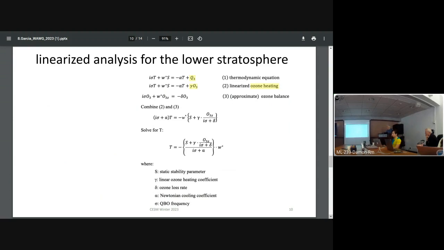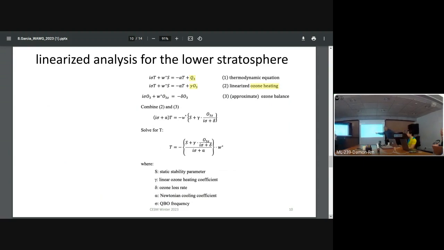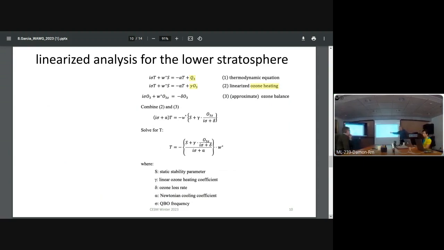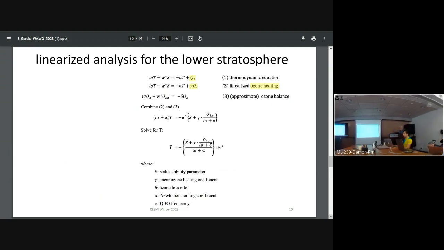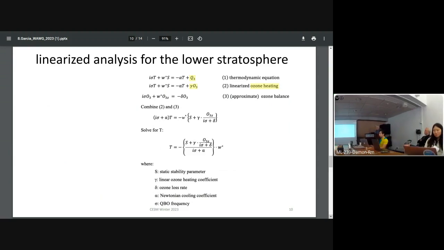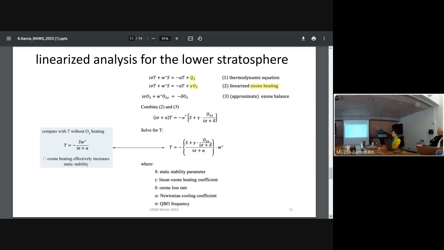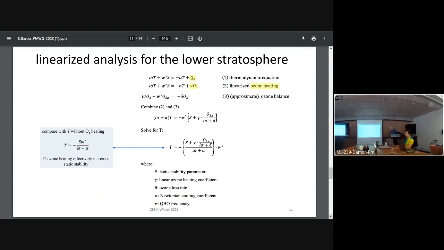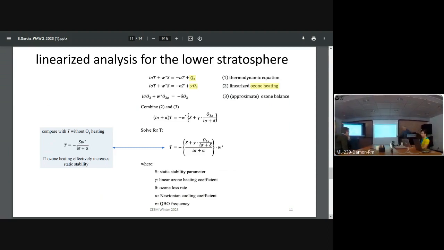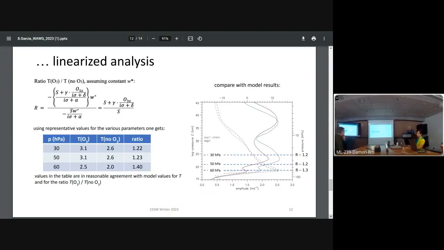You can solve it for temperature, and what you see is that the relationship between vertical velocity and temperature is now modified by the ozone heating. In essence, this is looking like an increase in the static stability of the